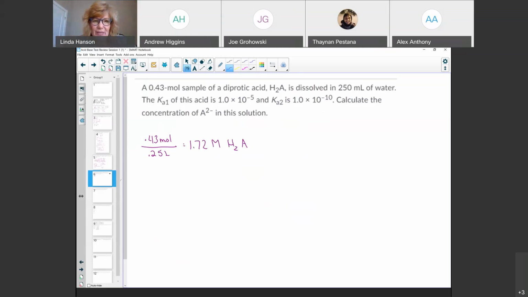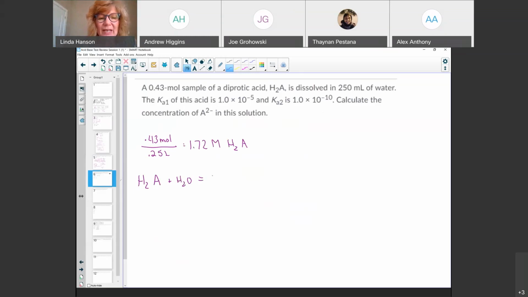So that's the first sentence. The information gives me a diprotic acid, and then I worked out its molarity. The Ka1 of the solution is given, as well as the Ka2. Remember what that means. In the first ionization,